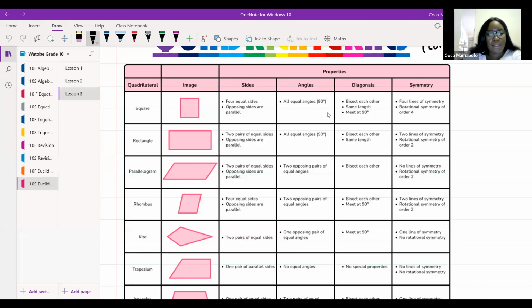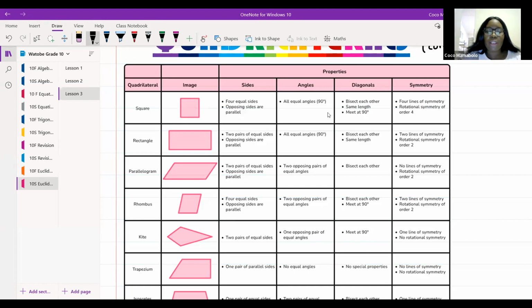So this is X. Oh, Grandma Queen. Good, that they're all equal. So we know that if this side is x, every single side is going to be x. So you can tell this says that the four equal sides. So all the sides of that are equal. Opposing sides are parallel. We also know that this side is parallel to this side, and this side is parallel to that. Now, the reason why something like this is going to be important is because if I do this,